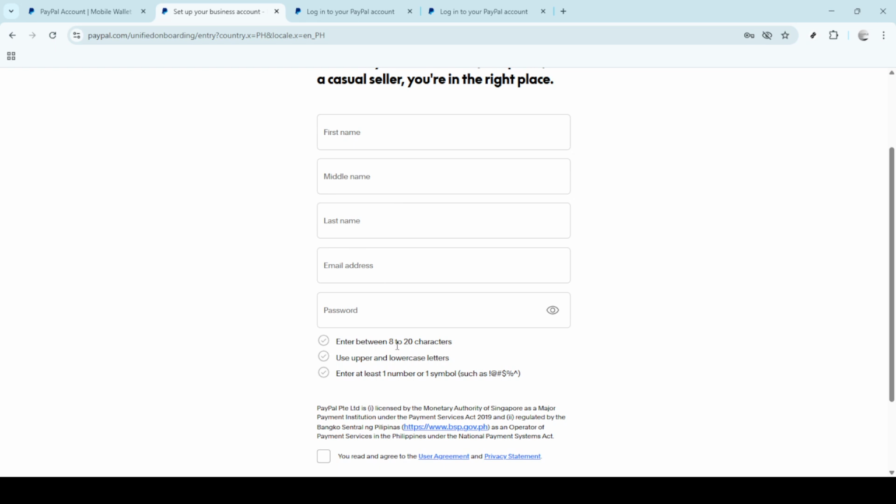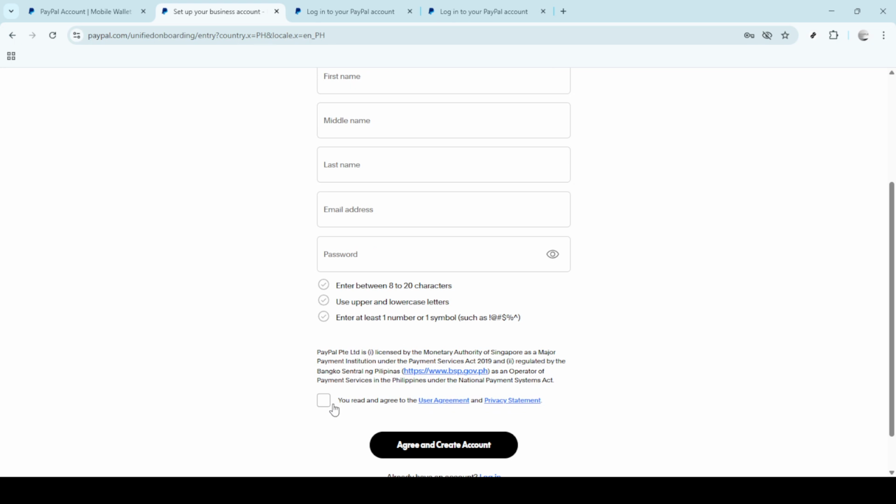Once you've filled out your details, PayPal will send a confirmation email to your inbox. Keep an eye out for this, as it's a crucial step in verifying your account. Head over to your email and locate the message from PayPal. Make sure to check your spam or junk folder if you don't see it in your main inbox. Inside the email, you will find a link to verify your email address. Clicking on this link will confirm that you have access to the given email address and complete the initial phase